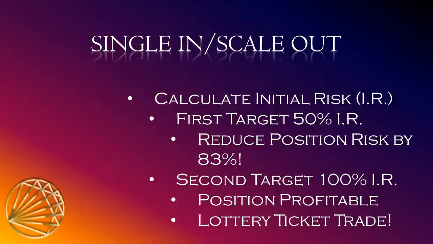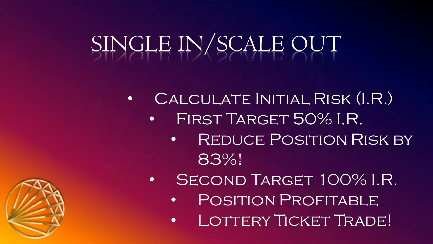So in review, the single and scale out method is a useful tool for most traders, and it's something that I like to use every time I do a trade. It really is an easy way to reduce risk. The rules are quite simple. First, identify your initial risk. Then calculate your targets. Your first target is 50% of your initial risk, and your second target is 100% of